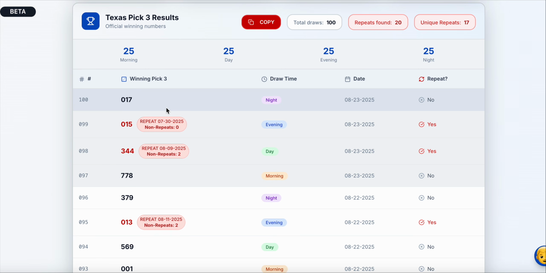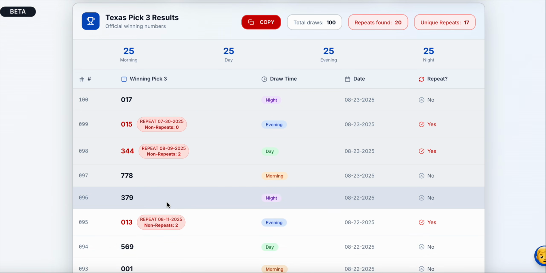The numbers associated with the past 100, like for example, if you're going to play the next draw for no repeat, 011 would be out, 015, excuse me, 017, 015, 344, 778, 37, and so forth and so on, like that. That's what you reduce. I'm going to show you how you could do that on here. It's very simple, okay? Very basic.